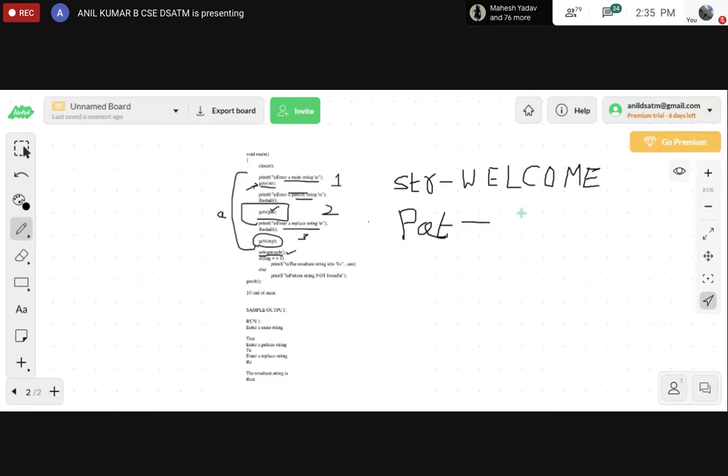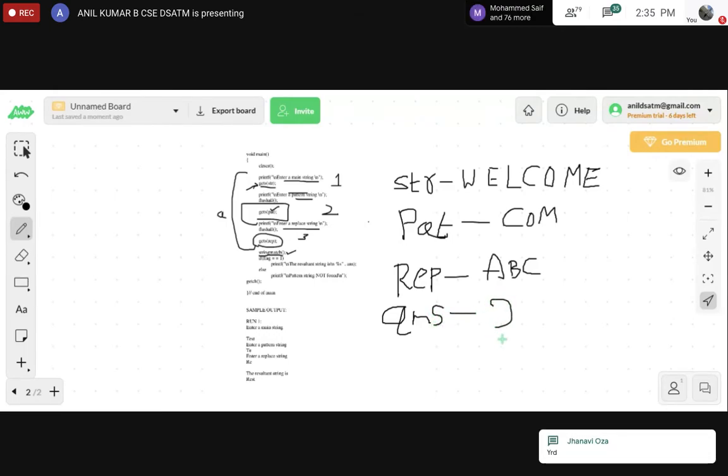Pattern is equal to COM. Replacement is equal to, replace it with ABC. What will be the output? Answer string you should give, that is question mark.